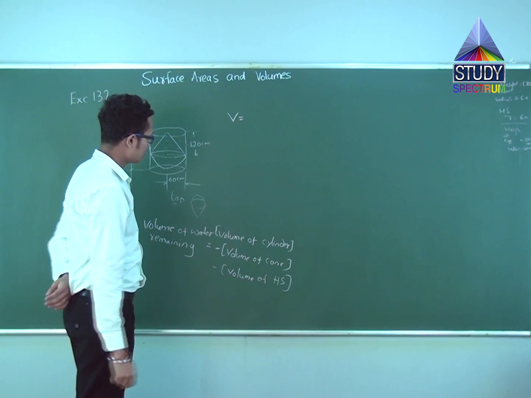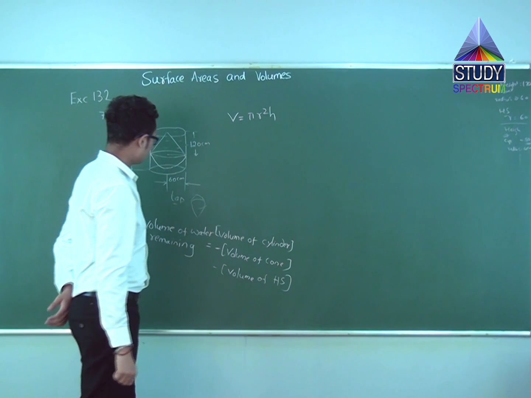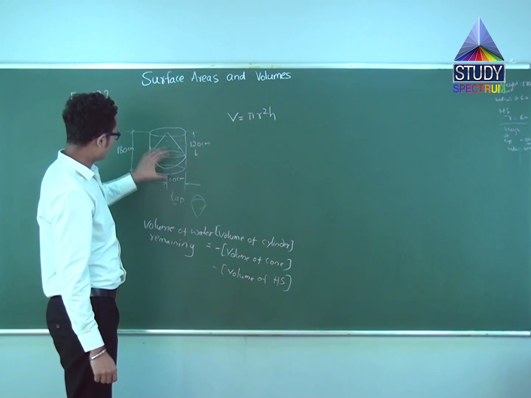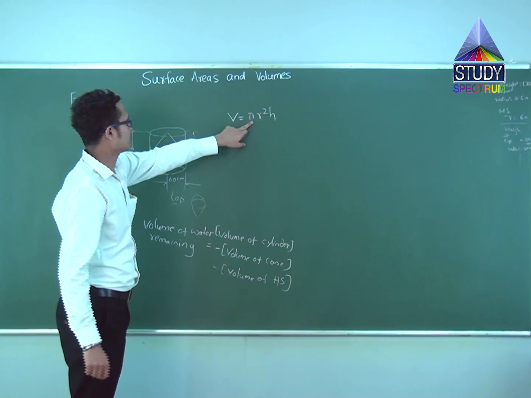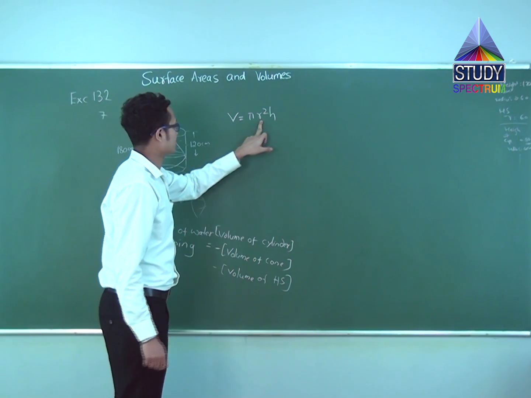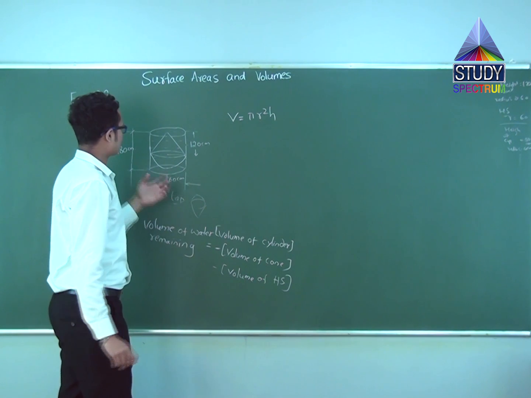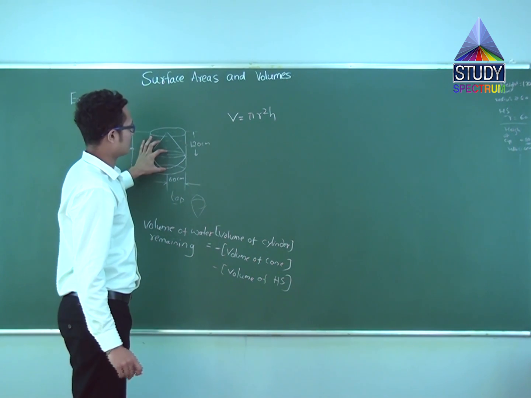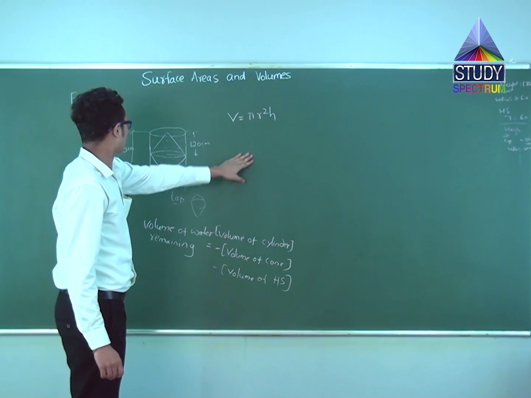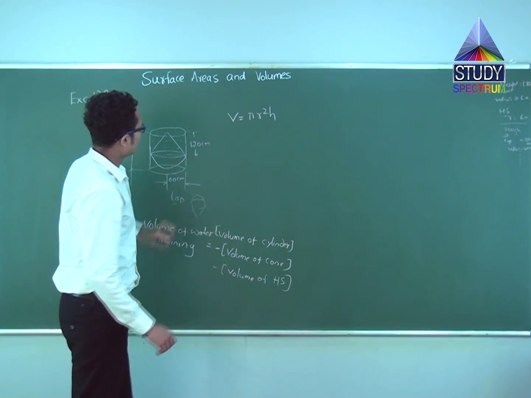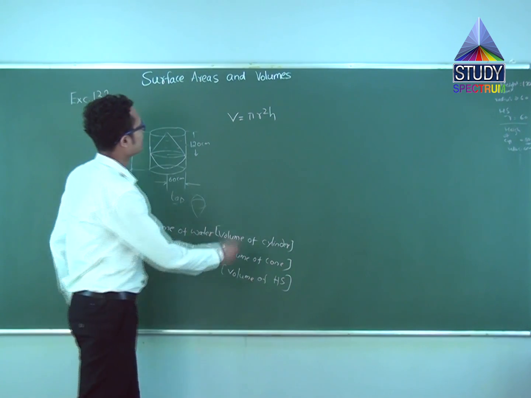I am writing the formula first, given by pi r square into H. Since R is the same for cylinder as well as hemisphere as well as for cone, I am not indicating this with any superscript or subscript here like 1 or 2. I am not indicating because it is common to all three solid types. There is one cylinder, one cone and one hemisphere having all the same radius, but height varies. Let's substitute now. This is volume of the cylinder. Height is different, so let me indicate this as H1